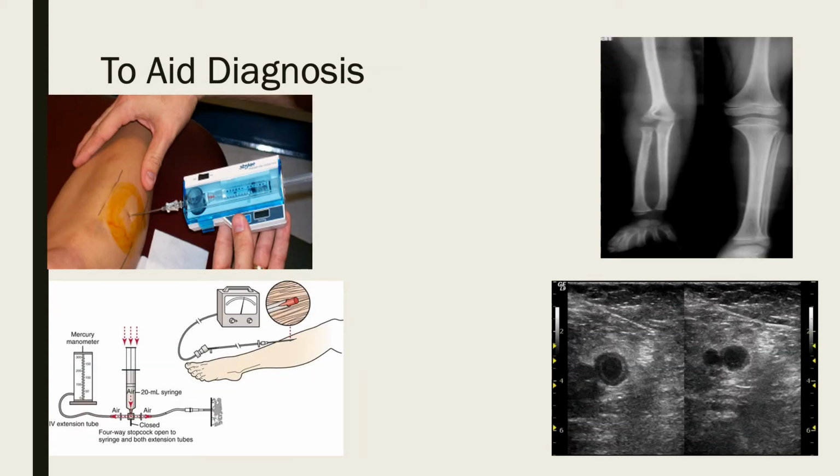So we've got a couple of aids here that will help diagnosis. We've got a manometer to the bottom left here, and what happens here is there's a 20 ml syringe which contains normal saline, and this is gently pumped into the compartment that you're measuring. The pressure is then measured via manometer. It's not the best way, because if you imagine you're injecting some saline into an already tense compartment, so you're